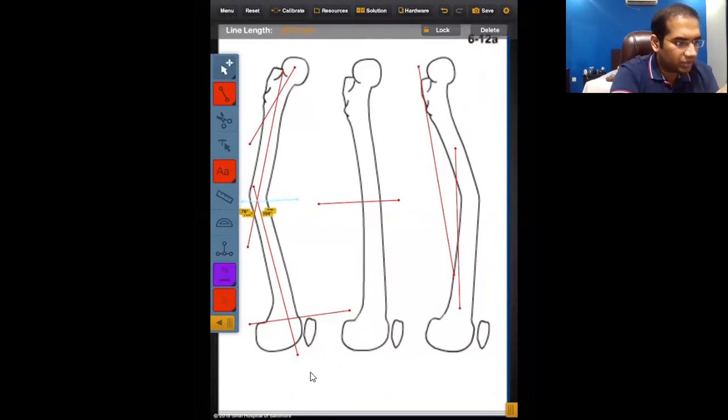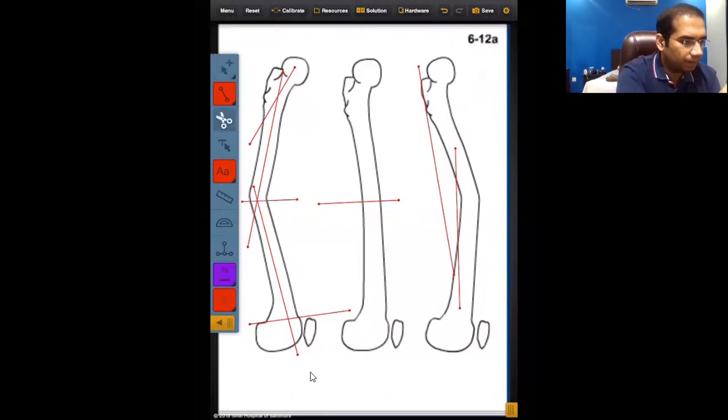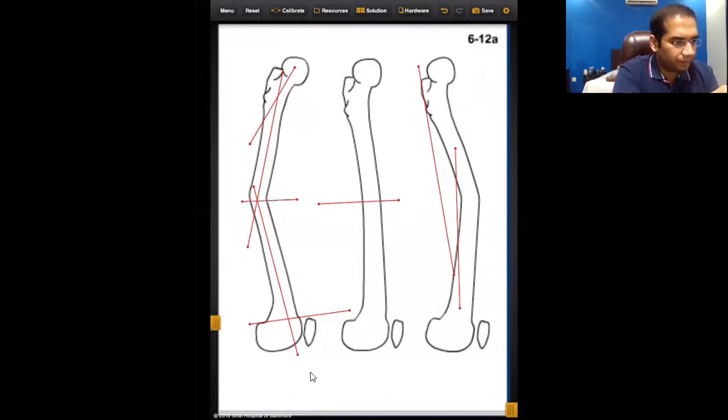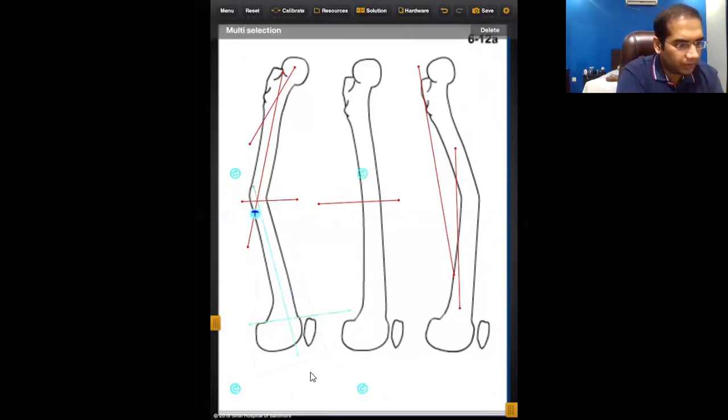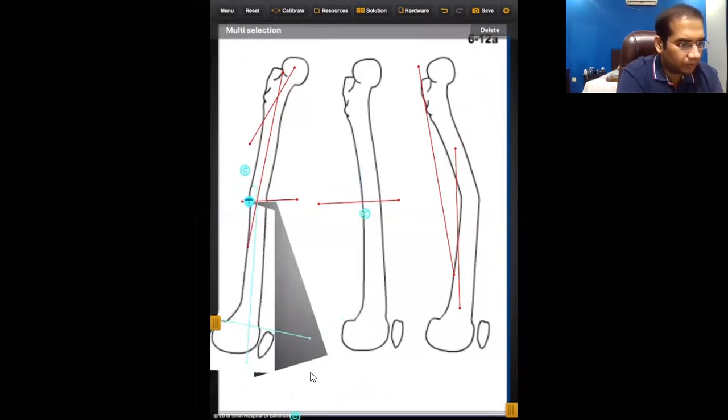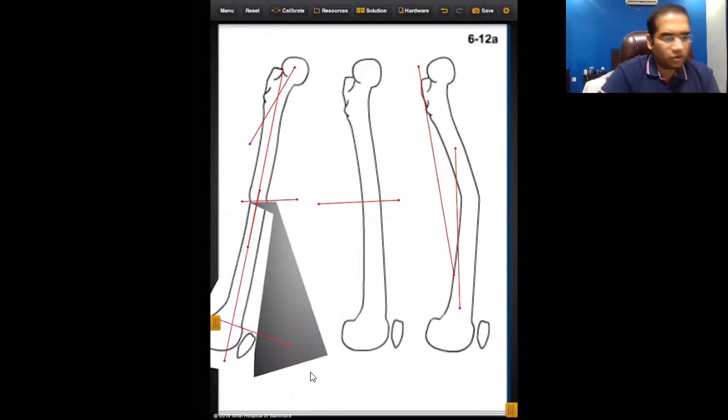I will do an osteotomy over this, and then I will correct the deformity. Okay, can you all hear me now? Yes, sir. Okay, so I told you before that since both these lines are now parallel, but as I told